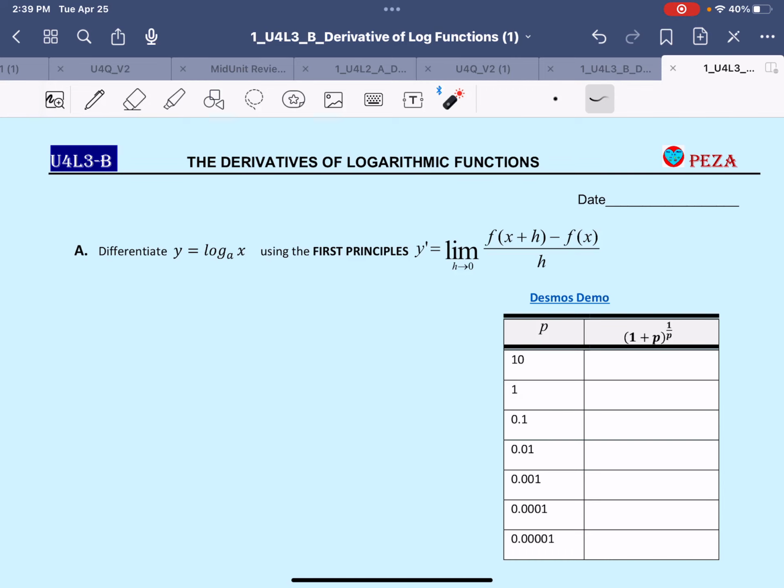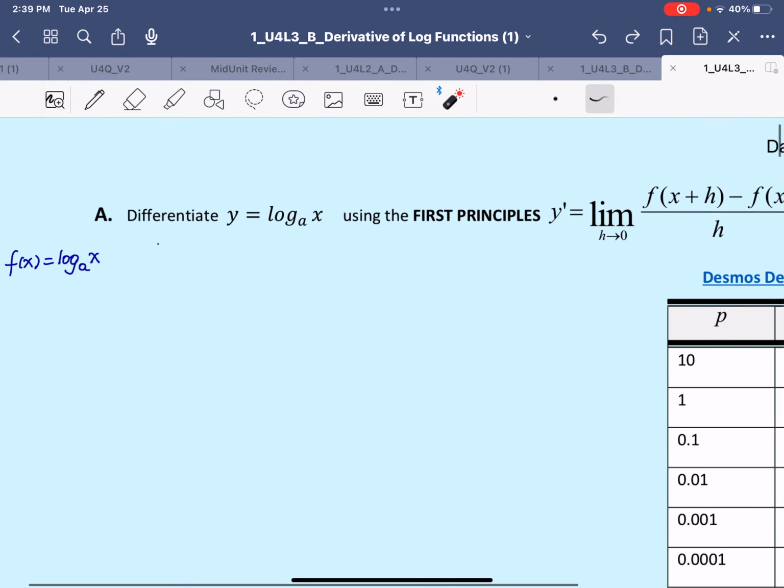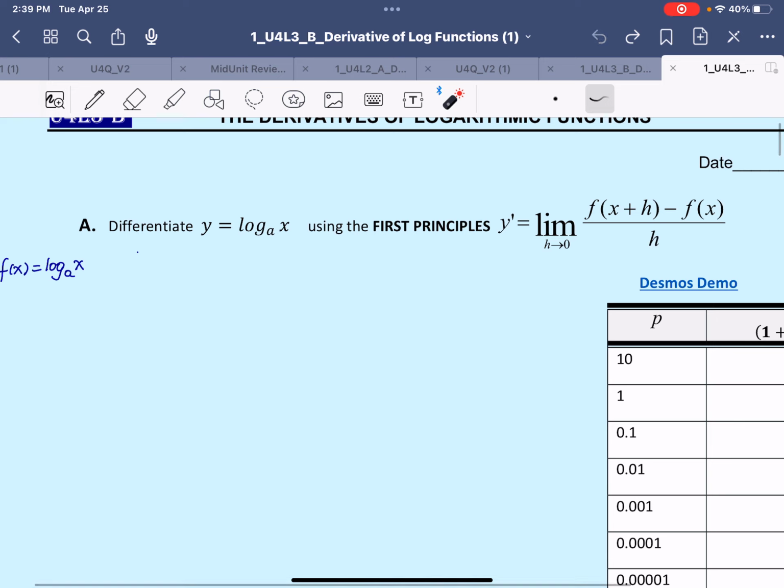In this lesson, we'll explore the derivatives of logarithmic functions. We'll start with the proof of the simplest logarithmic function, y equals log with base a of x, and we'll do this by using the first principles formula. If f of x equals log with base a of x, then we'll say that f prime of x would